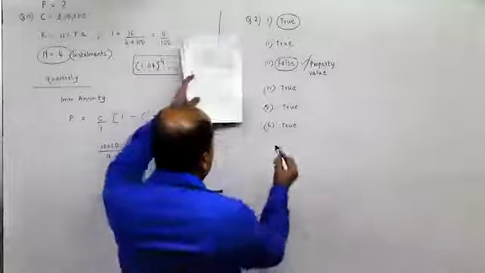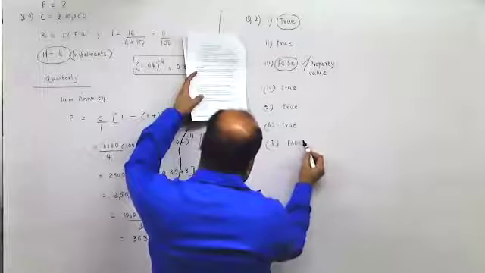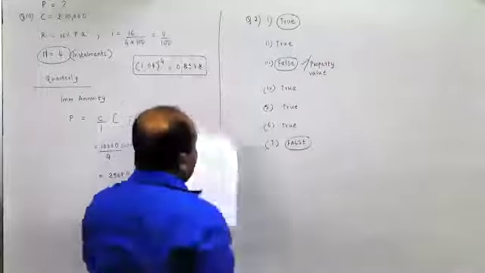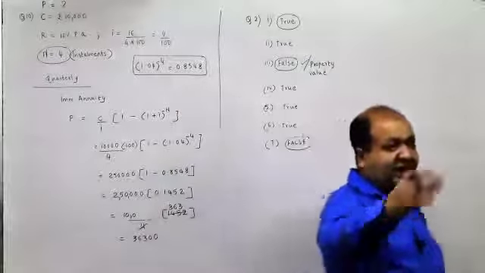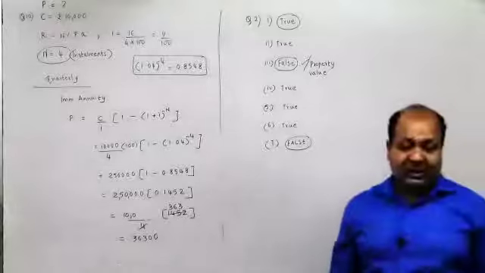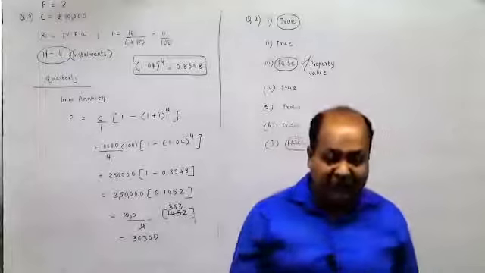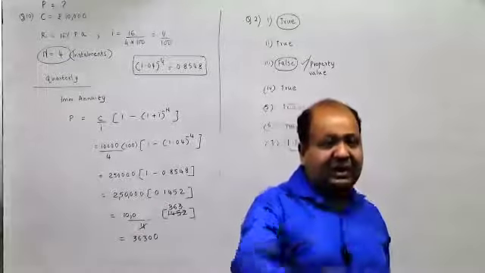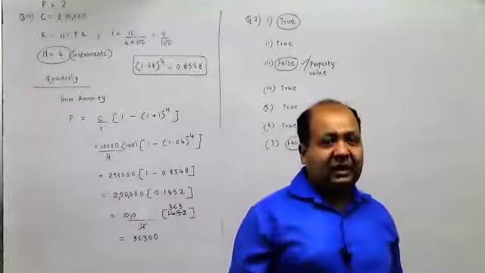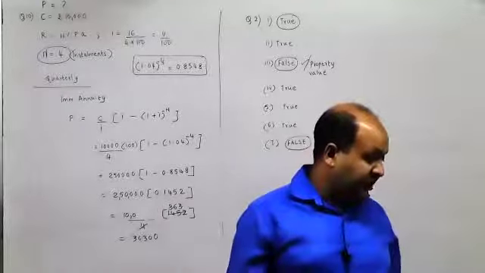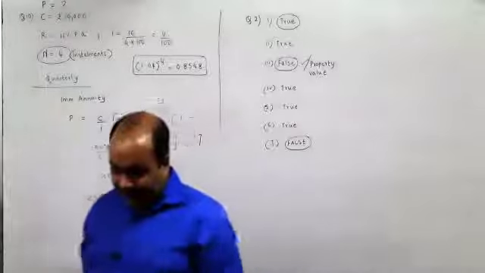The seventh one, the textbook has given false. Okay, this is false. Again, a controversy here, because I believe if I'm saying I want to pay premium till my son attains a particular age or my daughter is ready to get married, then I'm paying it till a certain date. So it is beginning on some particular date and I am finishing it on a particular date. So it begins and ends on certain fixed dates. Should have been true actually.